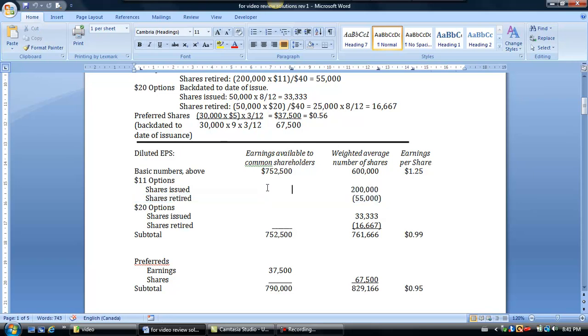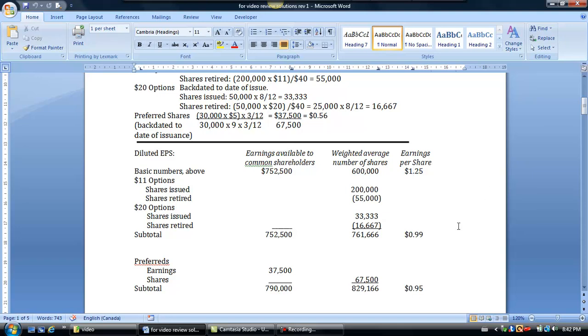So I know from what we've learned before in options, it's not going to make any difference to earnings available to common, because even if I had converted those options to common shares, it doesn't impact the numerator. There's no effect on income and no effect on preferred share dividends. So you'll notice I have nothing here for the $20 options. I have an additional 145,000 new shares being issued here and 16,333 here. So my subtotal for my diluted EPS calculation is going to be 99 cents a share, which is less than